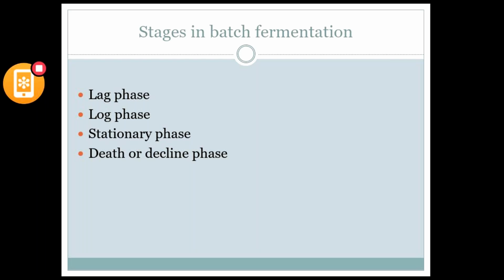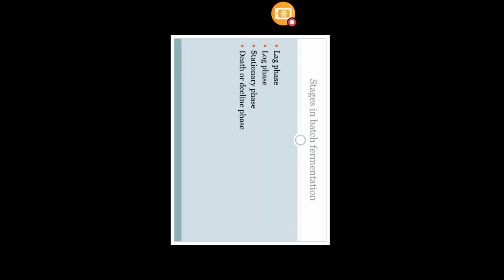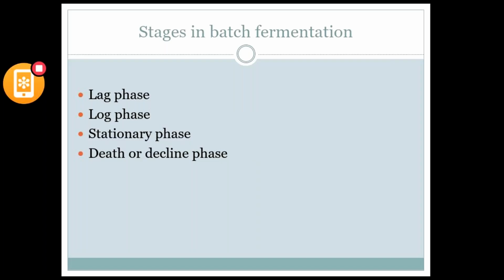Cell mass means the total weight of the microorganisms, not a single microorganism, but the total weight of the microorganisms is defined as cell mass. And in this phase, when the graph is plotted against time and the number of cells, a straight line is obtained. So the log phase is also called the exponential phase due to the rapid increase in cell number. And next, coming to the stationary phase.